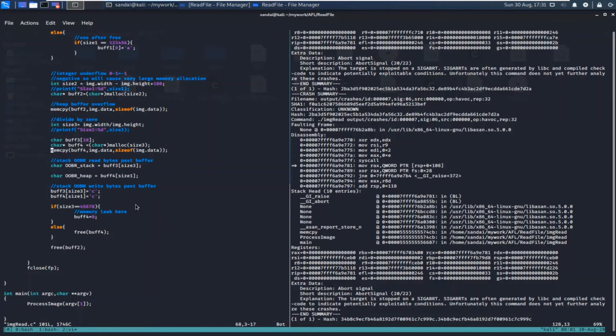And yeah, so there are more crashes, but now I will suggest you to run the AFL fuzzer on your own. You take this simple example, you compile it, and you fuzz it. You will see a lot of crashes, and try to debug those crashes. Those analyses will help you to learn a lot of things. And once you are comfortable with such basic stuff, you can move on to some real life targets.